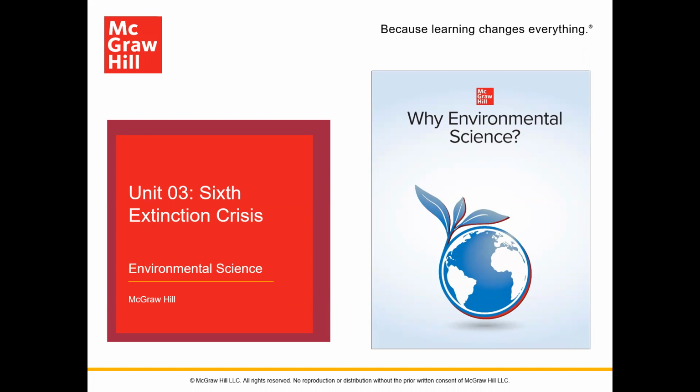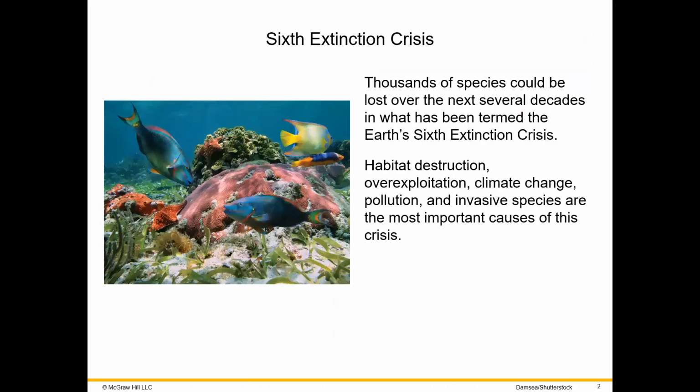Hi class, this is Unit 3, the sixth extinction crisis. As you may have heard, thousands of species could be lost over the next several decades due to what is termed the Earth's sixth extinction crisis. And this is primarily due to human civilization. Habitat destruction, overexploitation, climate change, pollution, and invasive species are the most important causes that have been driven by us